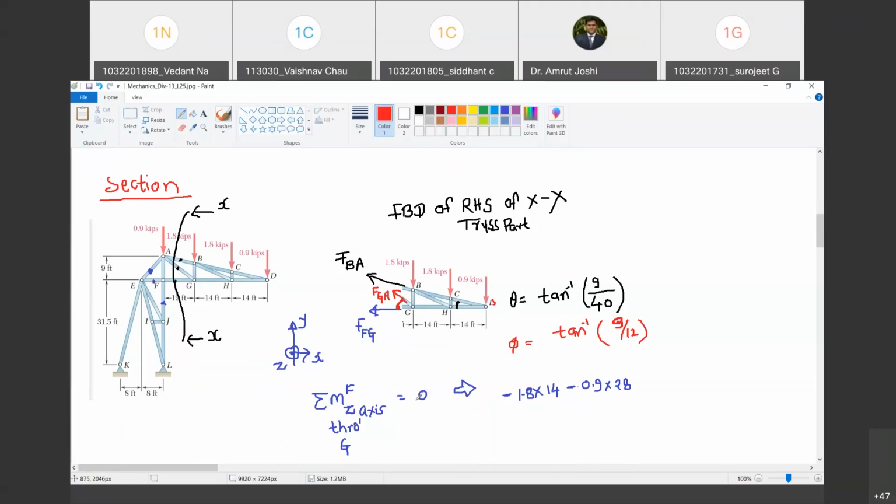Now, if the truss is in equilibrium, should the part also be in equilibrium? Yes, sir. हो सकता है क्या कि स्ट्रक्चर इक्विलिब्रियम में है और एक ही पार्ट इक्विलिब्रियम में नहीं है? No, not possible. Are you with me? Yes, sir. So therefore, if the structure as a whole is in equilibrium, the part also must be in equilibrium. Happy? Yes, sir. So therefore, this part जिसका मैंने फ्री बॉडी डायग्राम बनाया है, free body diagram of truss part which is on RHS of section XX, this also must be in equilibrium. So equations of equilibrium are valid to free body diagram of this part as well. Are you with me? Yes, sir.